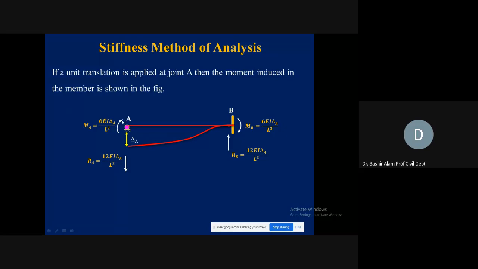What will be the magnitude? Because of the rotation, it was 4EI, here it is 6EI delta divided by L square. Here it was 4EI theta A divided by L only, but here it is 6EI delta divided by L square. Again, you can prove this from the three-moment equation or from the conjugate beam. At the far end, it will